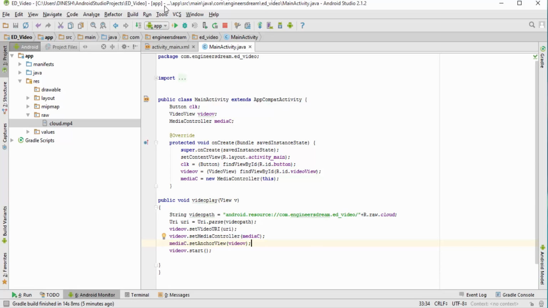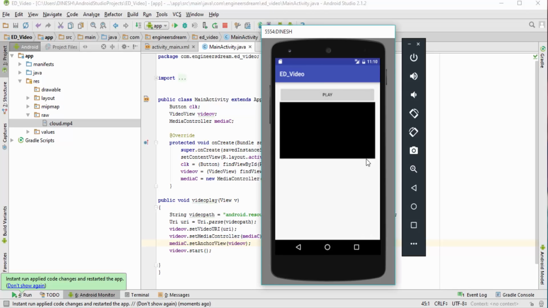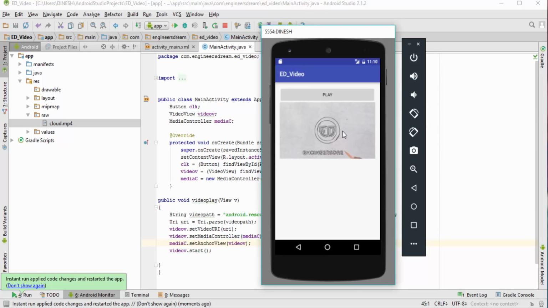Next, I'll go ahead and run the application. Now my application is loaded again. Next, I'll click on the play button, but guys, before clicking on the play button, let me tell you one more thing. When your video starts playing, if you want to see the media controllers, you have to click on your video. So I'll click on the play button. Our video has started. Next, if I click on the video screen,